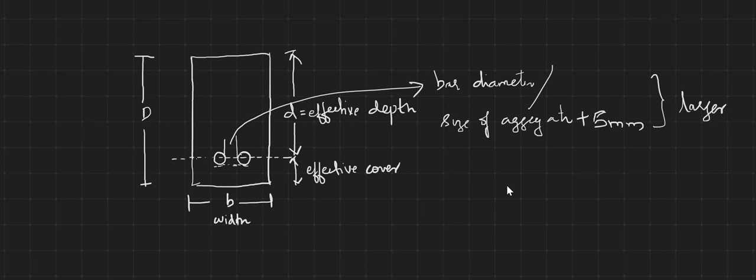This is being done because this beam section will be under a formwork when you are pouring the concrete. The concrete should easily pass through this point and it should fill the gap over here. If the spacing is very small, what will happen? The aggregate will not pass through this point, and this portion will not be filled.